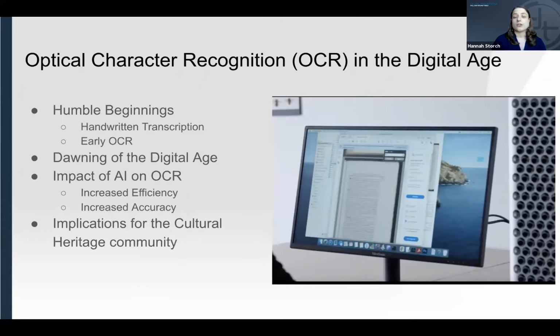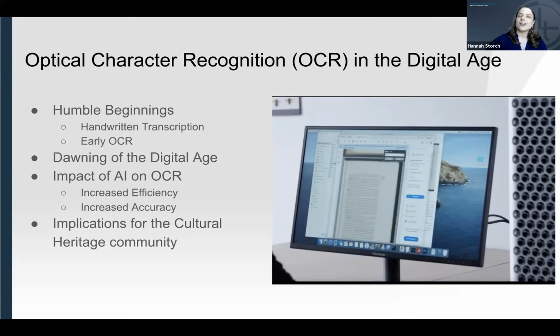As an application, optical character recognition has come a long way. Since we're all lovers of history here, I'd like to take a moment to take us back. Manual or handwritten transcription has basically been around as long as the written word. The only real problem with it is that it's very time-consuming and labor-intensive. In order to ease some of this burden, the first instance of mechanized OCR was in the early 1920s, when Emanuel Goldberg used a photoelectric cell to conduct pattern recognition and retrieve accounting data from microfilmed business and bank